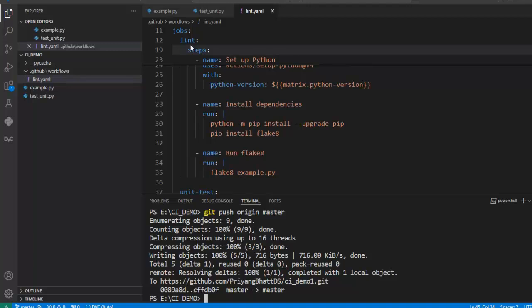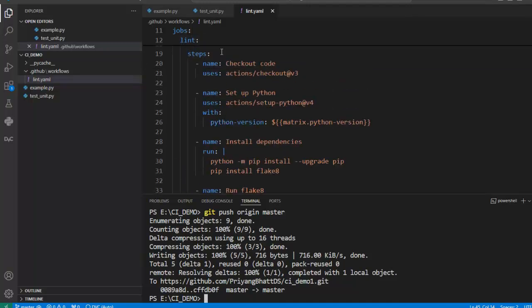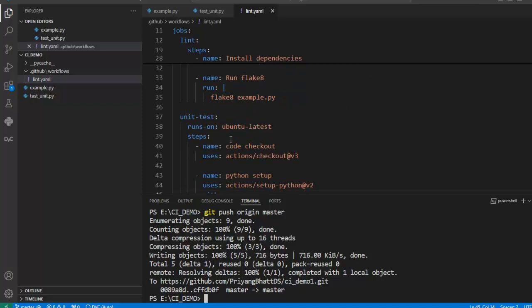So now you can see we have 2 jobs, lint and unit test, for linting errors and for unit testing. These 2 jobs are running in parallel. But what if we want to run them sequentially, one after another? First, we want to check for linting errors and then we want to perform unit tests, right? So we want to run these 2 jobs sequentially. First, we want to check for linting errors and then only we want to execute this particular job that will